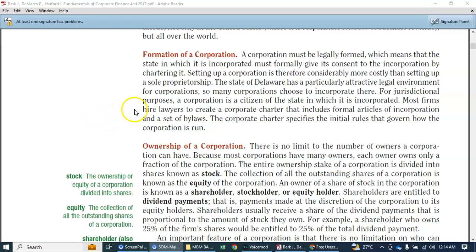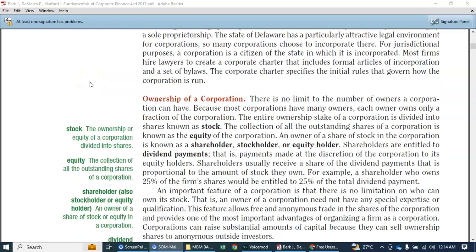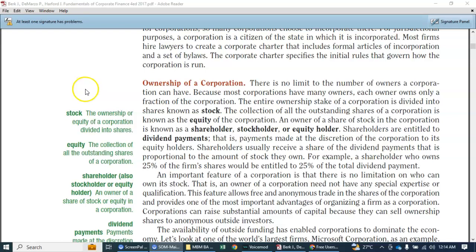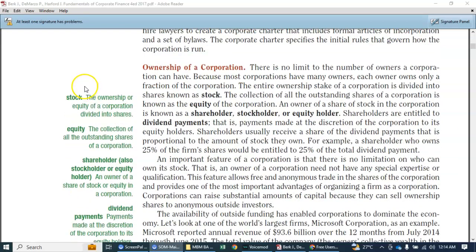So there's a need for a lawyer in order to form the corporate charter, including the articles of incorporation. Okay, in ownership of the corporation, this is different because the ownership will be expressed in terms of stocks. If you want to be a part owner of the corporation, you need to buy stocks out of that. So there are a number of stockholders in order to start this, but